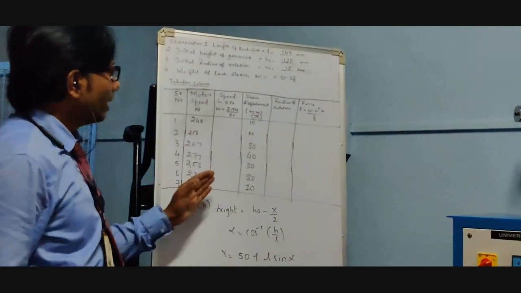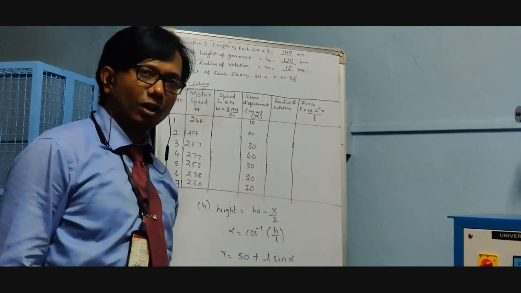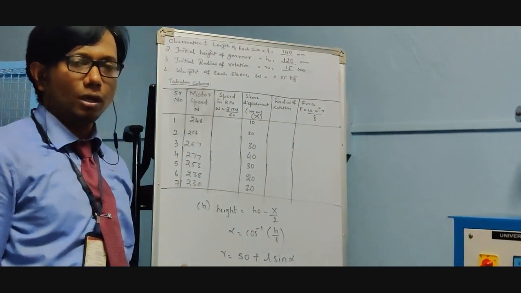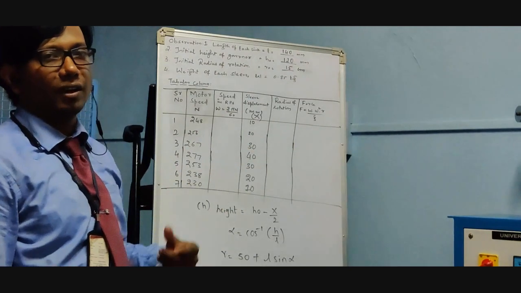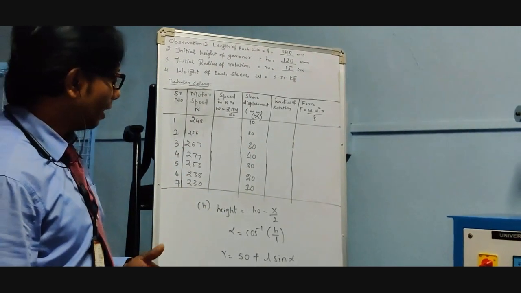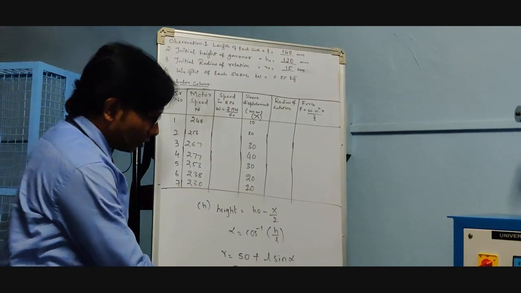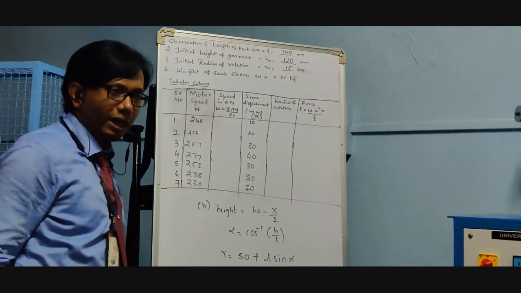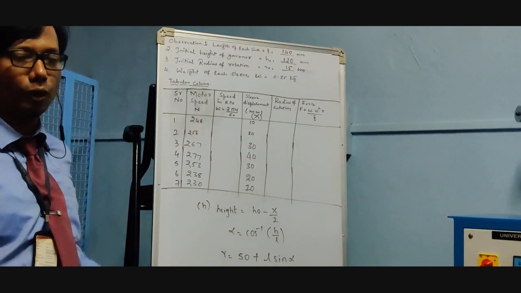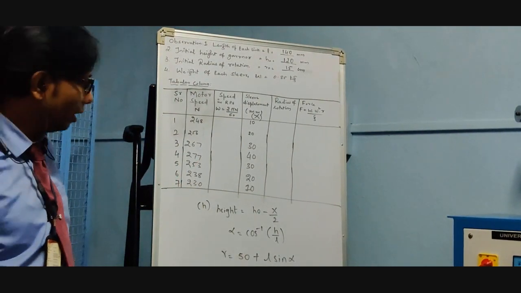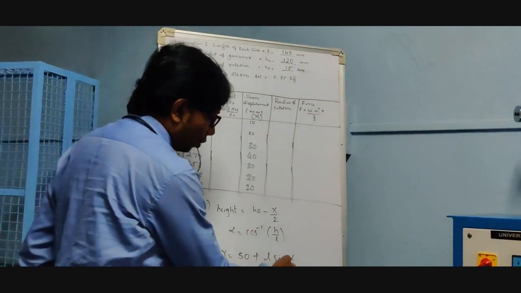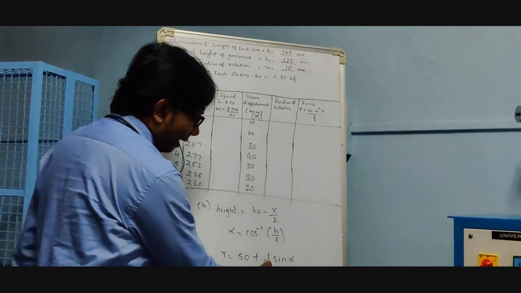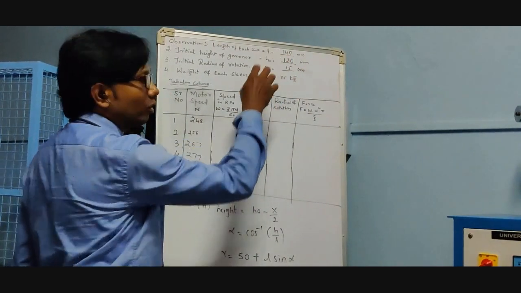The next term is the radius of rotation. Because it is in rotational motion, we cannot directly measure the radius of rotation at that particular point. So basically, the radius of rotation is given as 50 plus L sin alpha, which you will get whenever we do the derivation for the Porter governor. R is equal to 50 plus L sin alpha. Here, L is nothing but the length of the link.